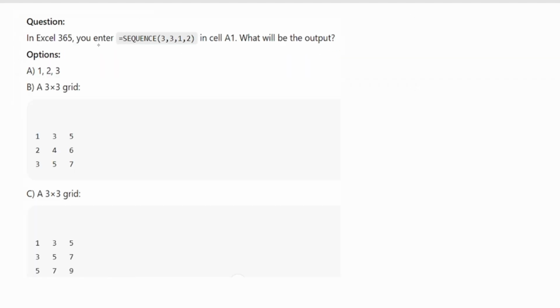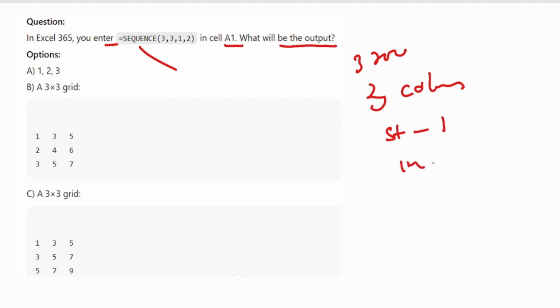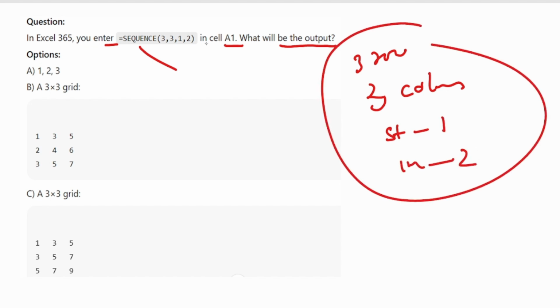In Excel 365, you enter equals SEQUENCE(3,3,1,2) in cell A1. What will be the output of this formula? SEQUENCE(3,3,1,2) creates 3 rows and 3 columns, starting with 1 and incrementing by 2. The first 3 is for rows, the second 3 is for columns, 1 is the starting value, and 2 is the increment.